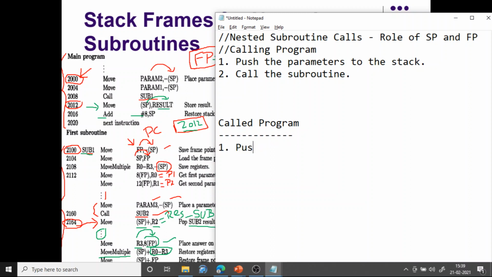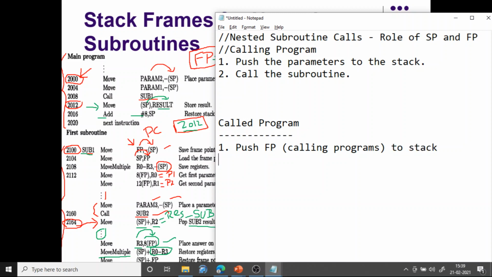Push the FP of the calling program. There is only one FP by default, so whatever that FP is, that will be pushed. Calling program's FP, push FP to stack.